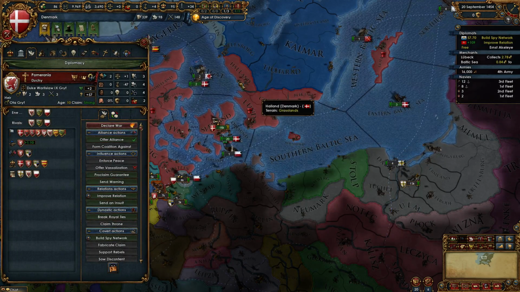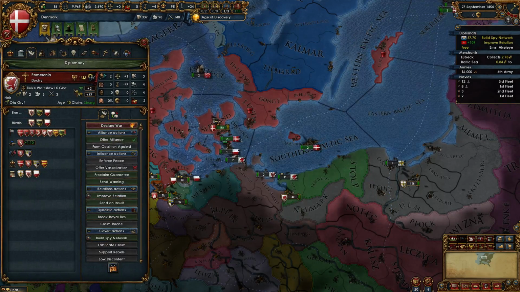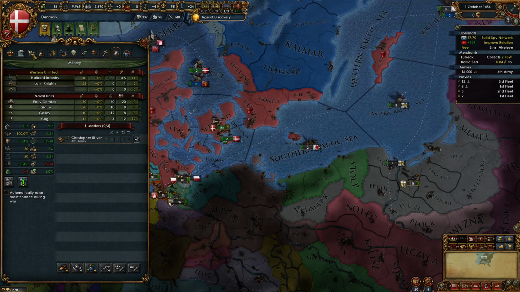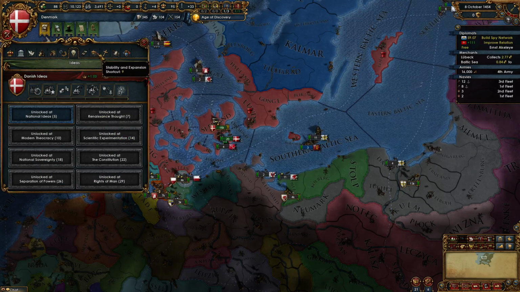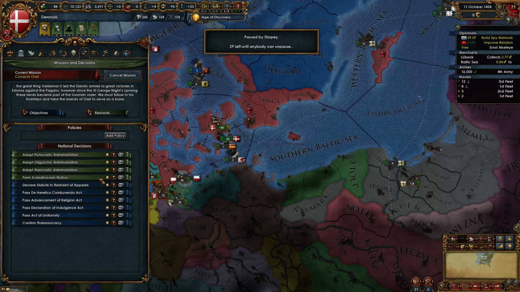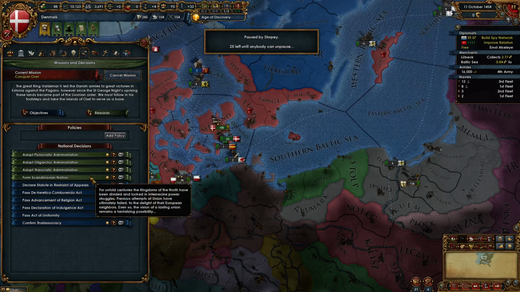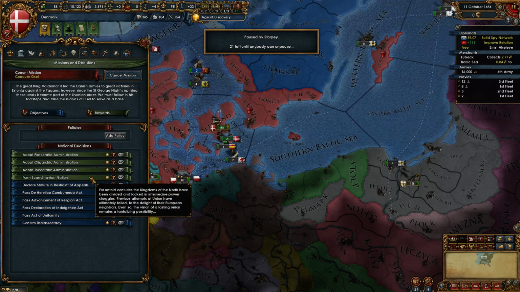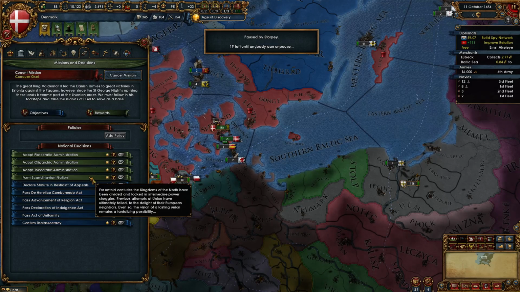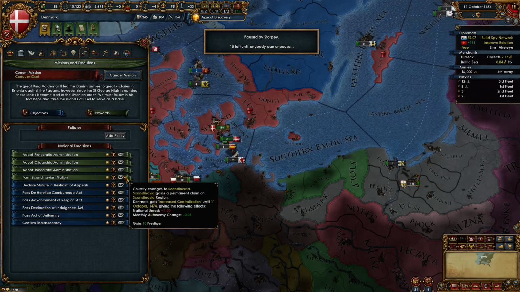Now I'm looking at our national decisions, because I forgot to look at it this last time. We've got form Scandinavian nation. Missions and decisions, so F1 8, and it's the bottom green option. Form Scandinavian nation. Just to keep long view, we need Stockholm, we need Skaraborg, and we need Akershus, which I take it are all just in